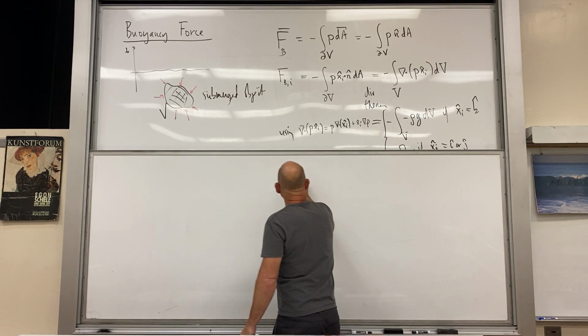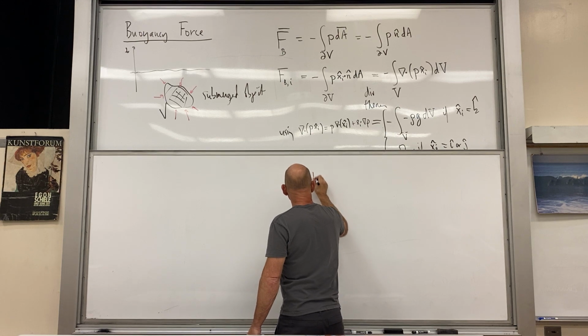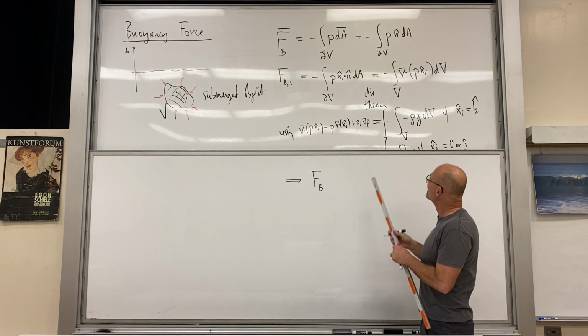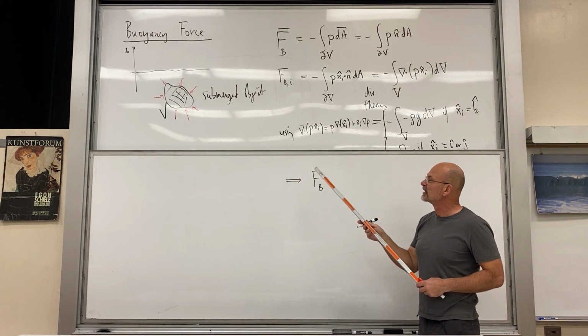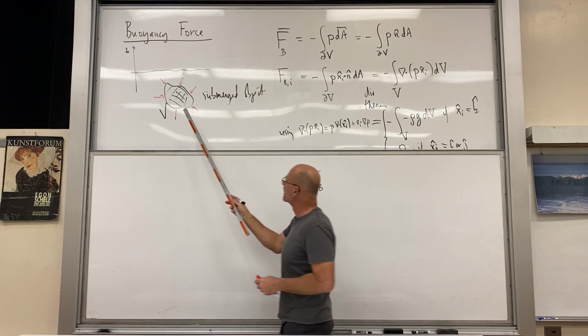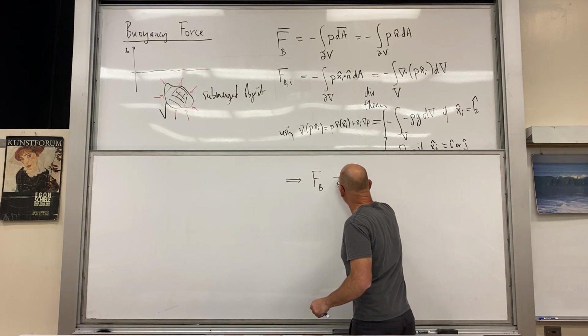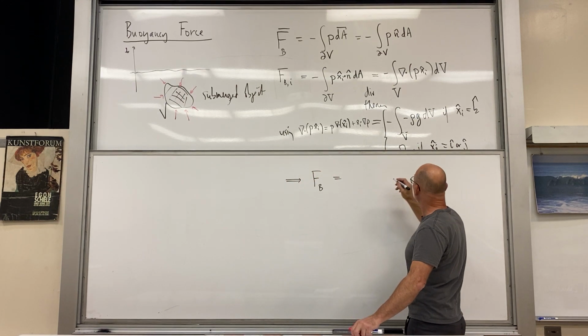So what do we have? We have for our buoyancy force that it's directed in the z direction. Okay. So there's our object, and it's directed in the positive z direction, and its magnitude is just given by,